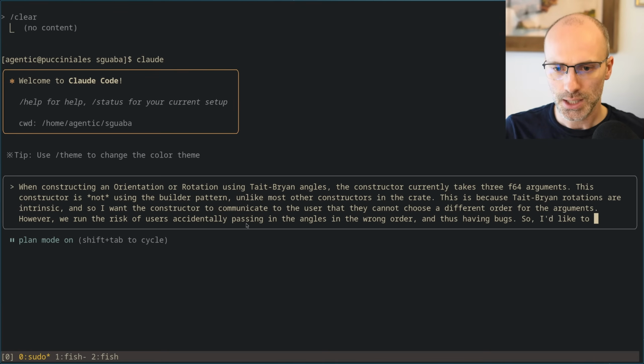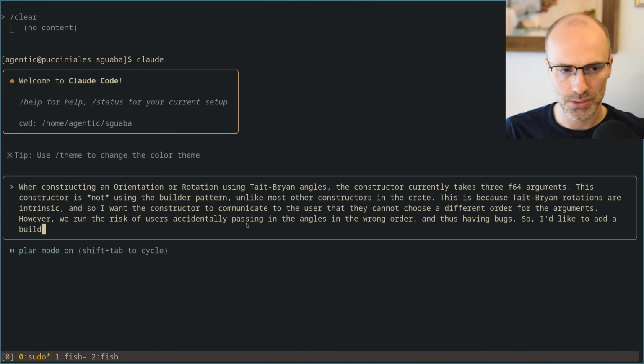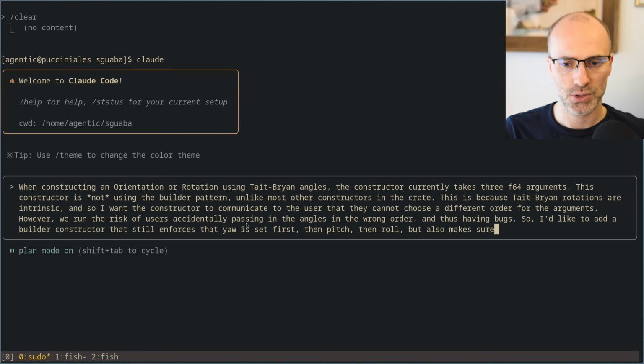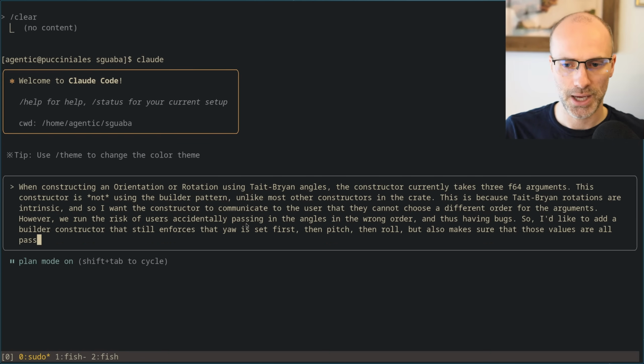So I'd like to add a builder constructor that still enforces that yaw is set first, then pitch, then roll, but also make sure that those values are all passed in through named functions or fields. How do you think we should do this?